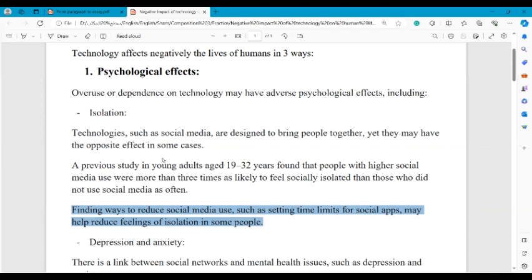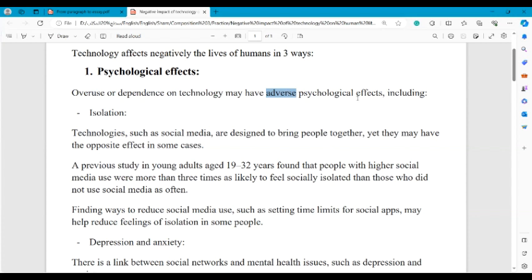So overuse means when you use something excessively, بشكل مبالغ فيه. Overuse, when you use something too much. So الاستخدام المبالغ فيه, or dependence on technology, may have adverse. What is the meaning of adverse? It means negative or not good. Adverse psychological effects,